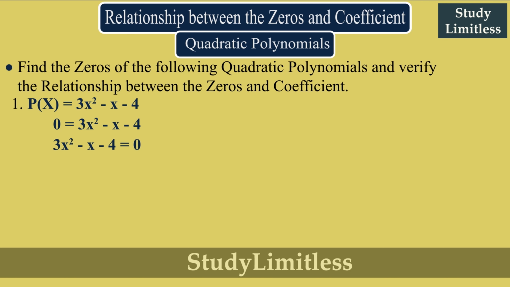Now, as we have these two numbers, we can factorize 3 and 4 so that we get the answer. We can take 4 into 3, which is 12. We can also write it as 2 into 2 into 3. But we have to factorize both numbers in such a way that we get the answer as 1. So the factors must be 2 into 2 is 4, and 4 minus 3 is equal to 1. Therefore, 3x² - x - 4 = 0.